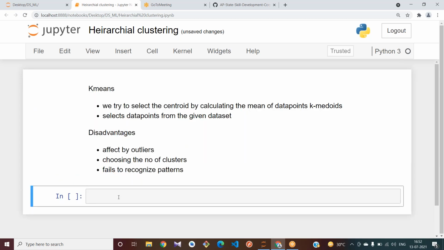what is hierarchical clustering? What is hierarchy? Please tell me the general meaning of hierarchy.